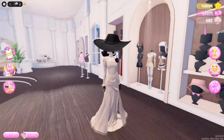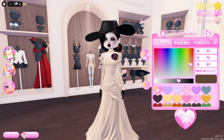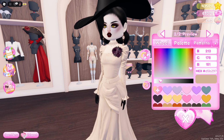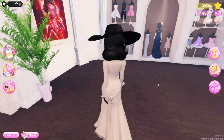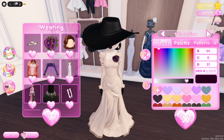Then I also used these earrings in this color, 5F4937, and then D5B297. I think I did foil. You can do glitter as well. Let's do foil. For the flower, I used this one in the color 2C001F,